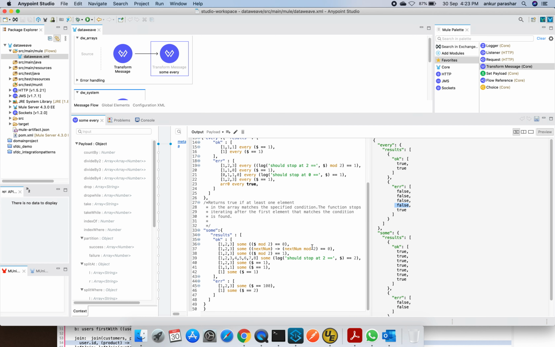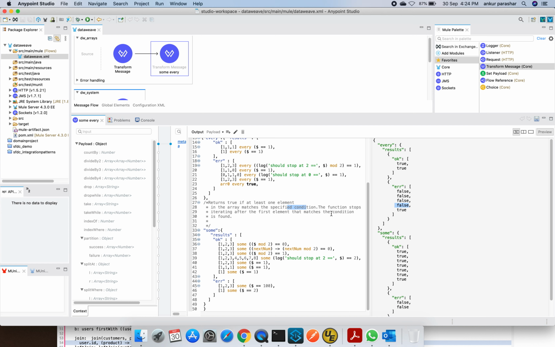Now if we consider just the opposite of it, sum returns true if at least one element in the array matches the specified condition, and it stops iterating after the first element that matches the condition is found.